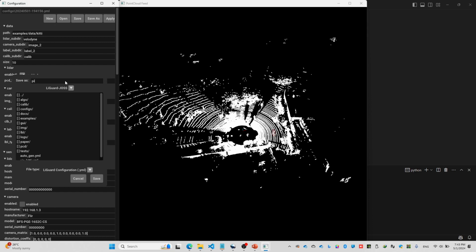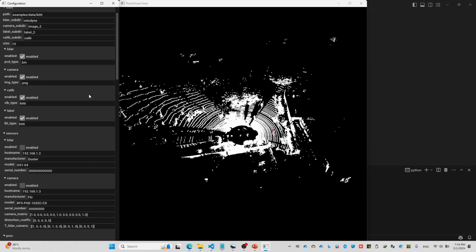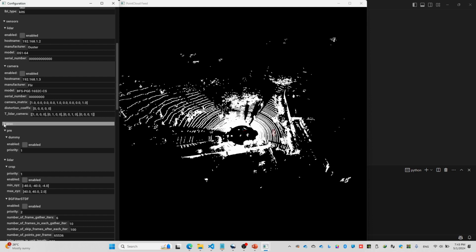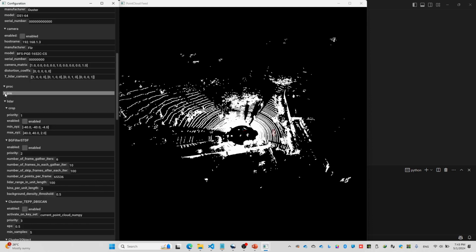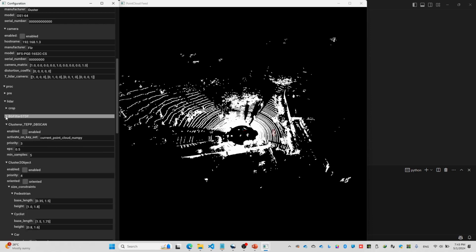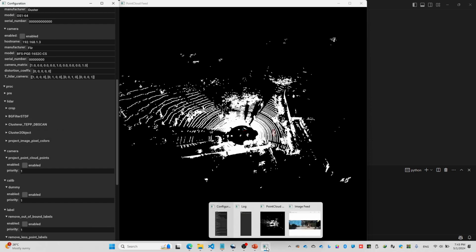Let's call it pipeline Pointpillars on KITTI. Okay, and save it. If you see under the processes, the proc category here, these are all the configuration for the algorithms available. So under LiDAR, crop is available, and all these other algorithms are available, but the algorithm that we need is